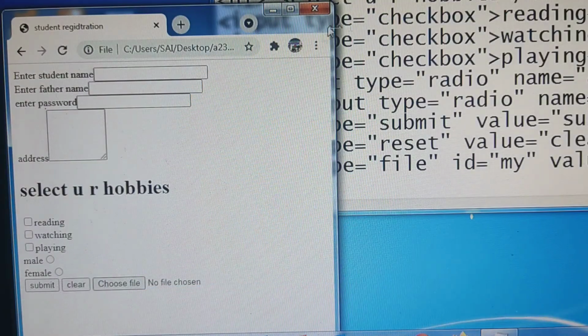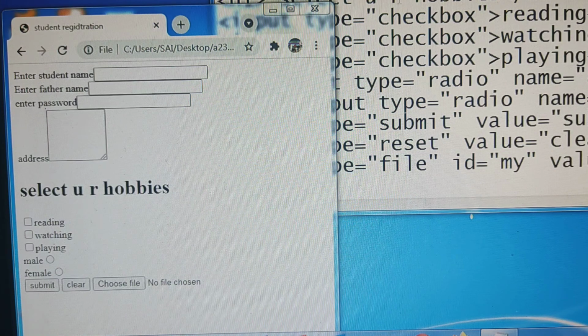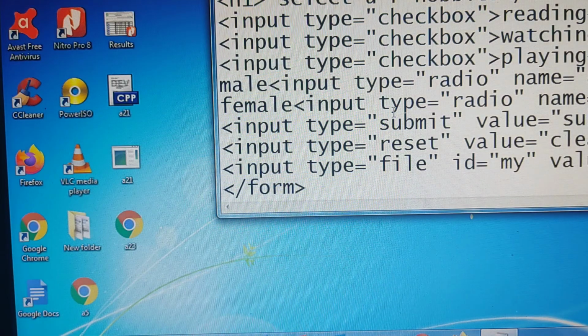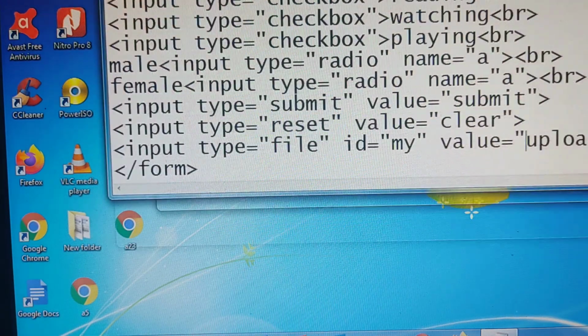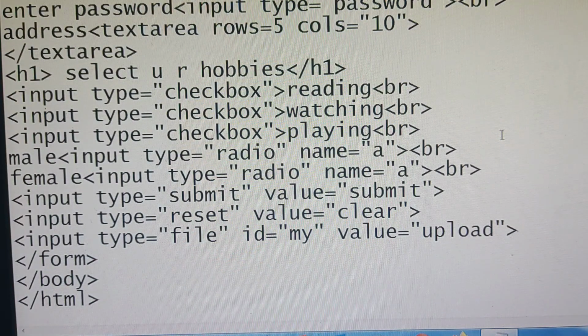It will give you the option to select one file from your system. Here, what type of input are you supplying? You are supplying a file. So in that case, file is called an input. Like that, you can give a file as an input, an image as an input, whatever inputs you are submitting.